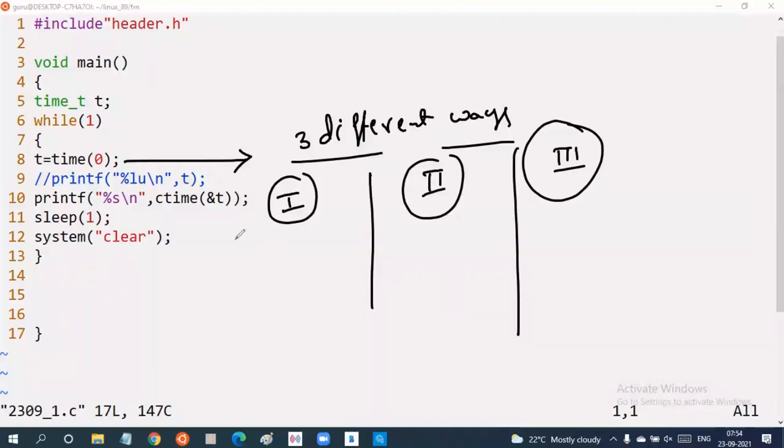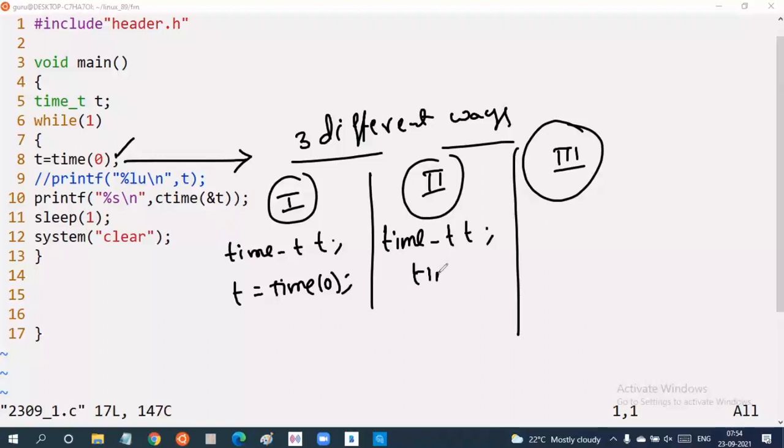Observe, the first method is time_t t is equals to time of 0. This is the first method which I used. Second method is time_t t, time of t. Third method is